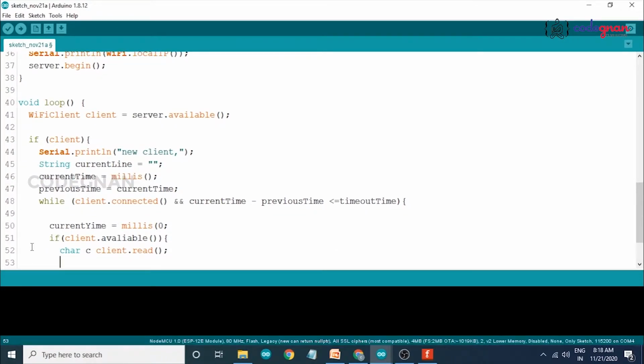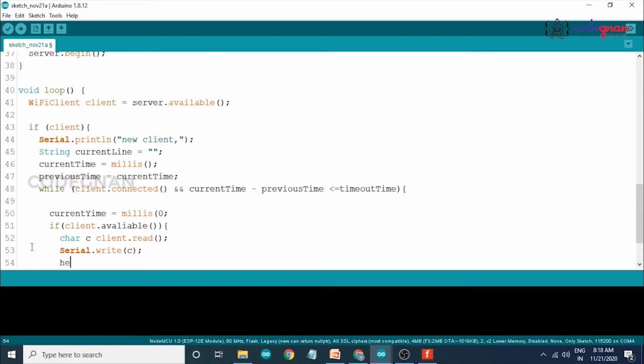After reading the char c, we have to print Serial dot write c. So we print the c value in our serial monitor. The c is printed out in the serial monitor. Read a byte from the c. And now header plus equals to c,